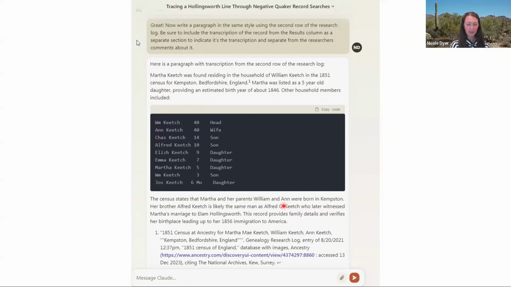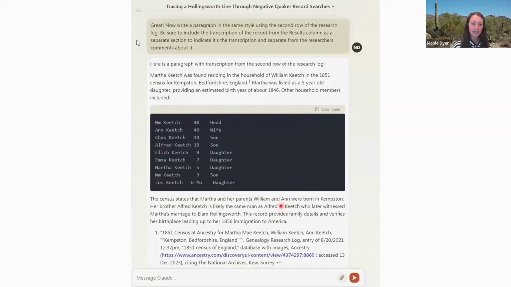And I did check my row for that, and it didn't say Anne was born in Kempston, but she actually was. So it was correct, but it didn't say that. So make sure you check. And that's one of the things I've learned from the NGS course about AI is that we always have to be the human in the equation and check the work of our chatbot slave to make sure that it's not doing things wrong.